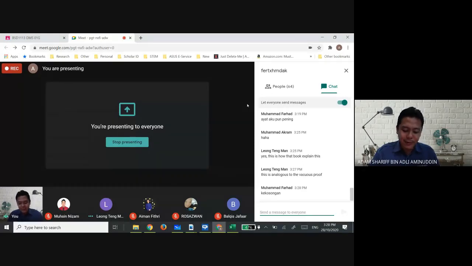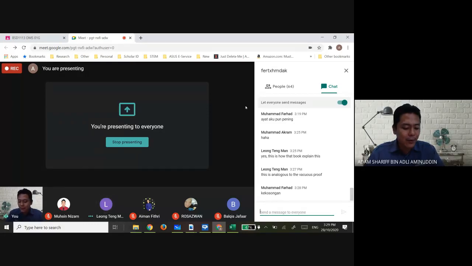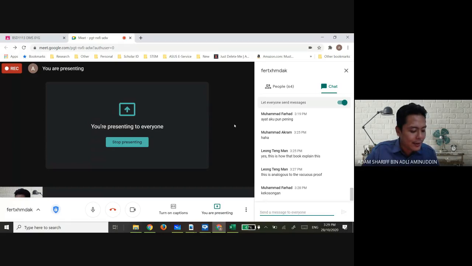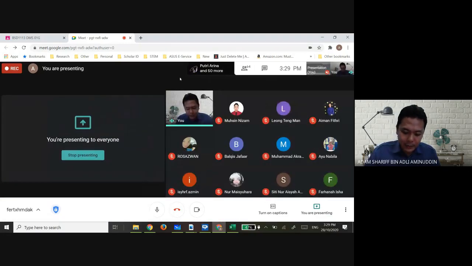Right. I agree with that statement. So it is a vacuous proof? Yes. The hypothesis is not necessarily true for all values of X, but it will work for some certain values. This might be the reason why the implication has such properties. Okay, I will read more on the term. I looked it up here: it's a trivial proof. What you said is almost similar to my explanation just now. Thank you so much for sharing.